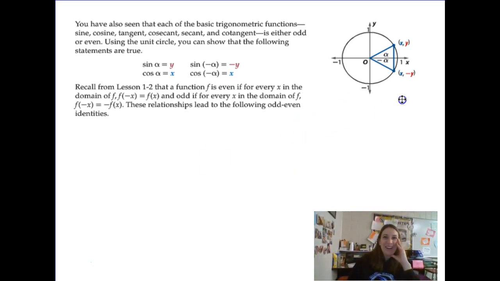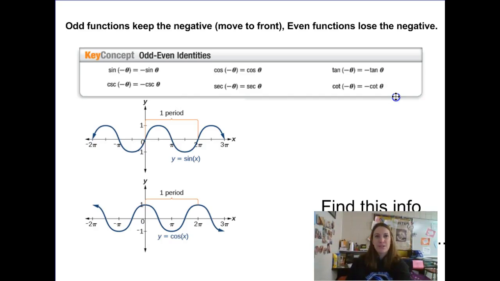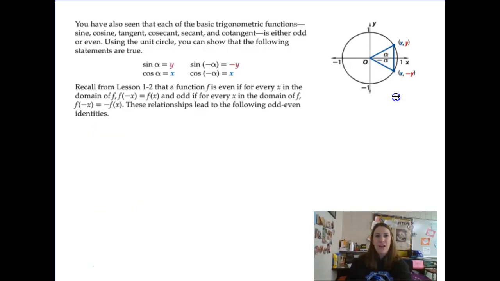Okay. Let's talk a little bit about, I think this is where we start talking about our co-functions. No, not quite. Oh, even and oddness. Yes, yes. So remember that sine is an odd function and tangent is an odd function, but cosine is an even function. So we have to remember the algebra rules for even and odd. And on my notes, that's what I would write down a little bit. I would say that sine is odd, cosine is even, and tangent is